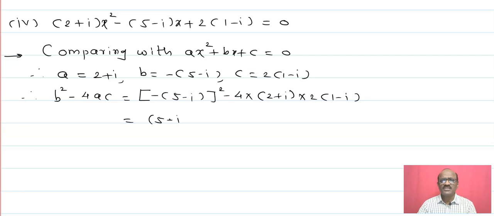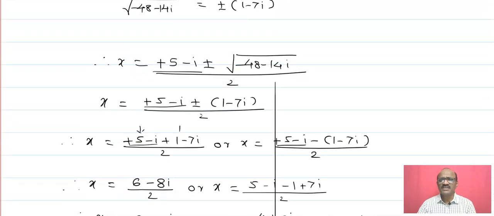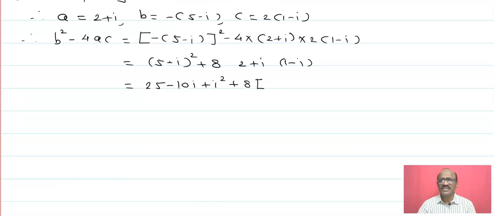Now b square minus 4ac is equals to minus in bracket 5 minus i bracket square minus 4 into 2 plus i into 2 in bracket 1 minus i. Now simplifying minus in bracket 5 minus i bracket square, that is nothing but the 5 minus i bracket square plus, now multiplication 2 into 4, that is 8, and minus minus, that becomes,